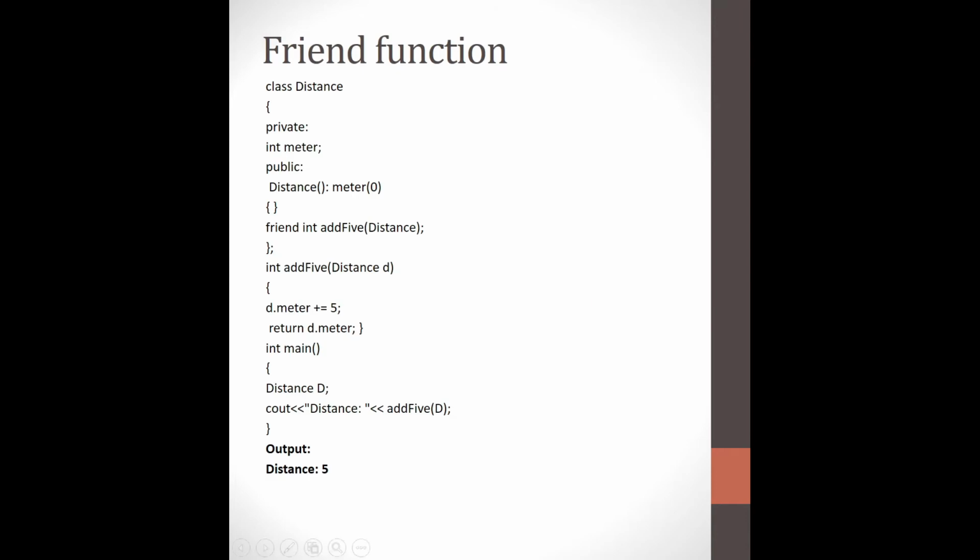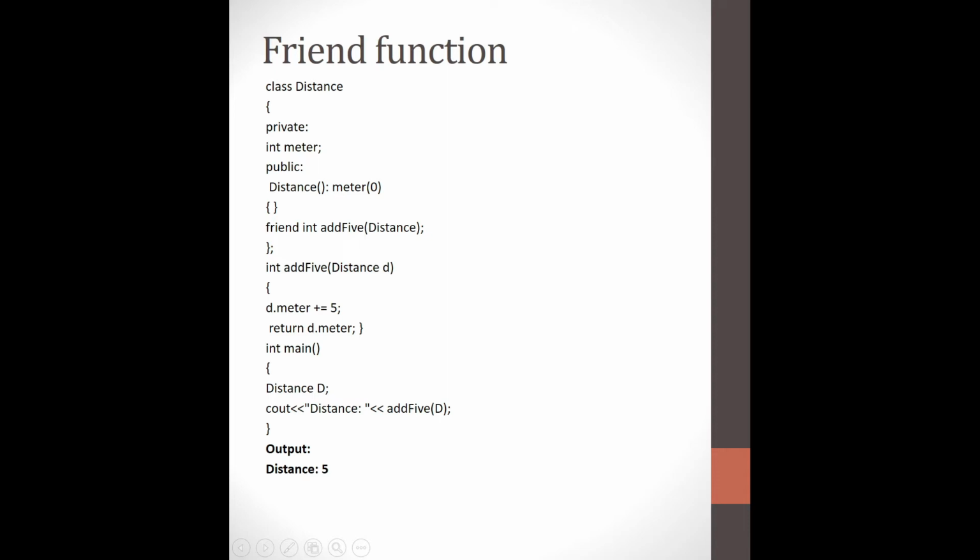So what do you mean by a friend function? There is a difference between a member function and a non-member function. What is meant by a member function? It is going to be a member of a class. What is meant by a non-member function? It is not a member of the class. But if the non-member function wants to access the private data of a class, will it be possible? No, certainly not. So that is why we go in for a function which is named a friend function.